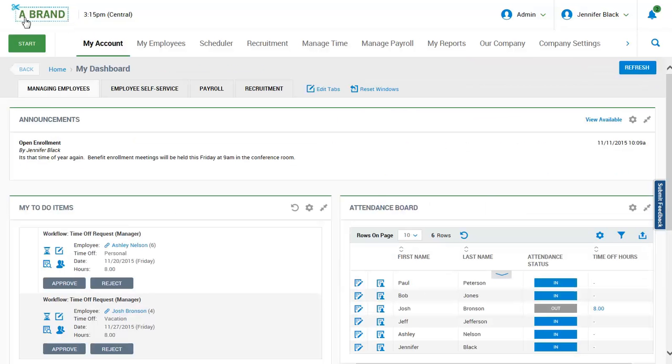I hope you are as excited as we are about the new UI redesign. Remember, the UI refresh doesn't change any of the current system functionality, but it will help streamline the way that you use the system to manage your